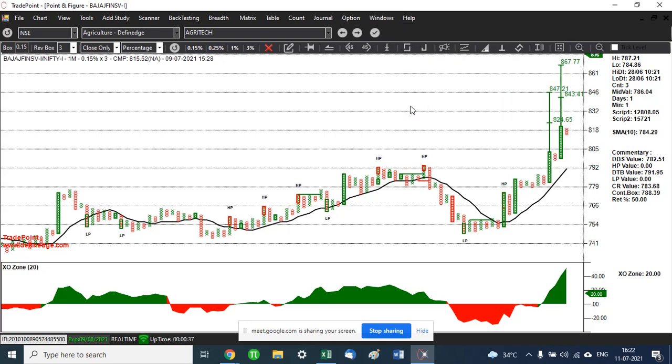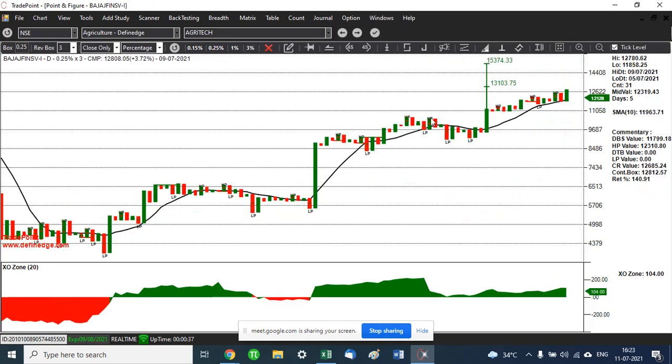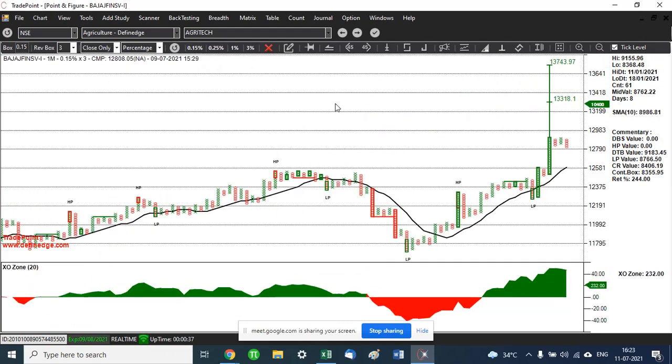We can do the same as per the price chart also. So we have 0.25 daily. We convert for intraday trade. We can convert to 0.15. Go down to the minute time frame. So we find the target is here. We are right now in column of O. Whenever this turns into a double top buy, we can enter the trade.